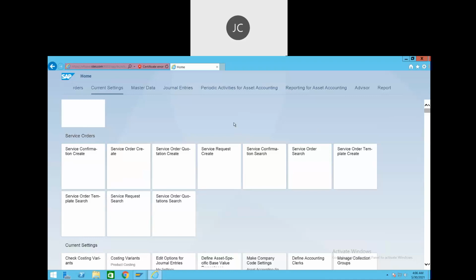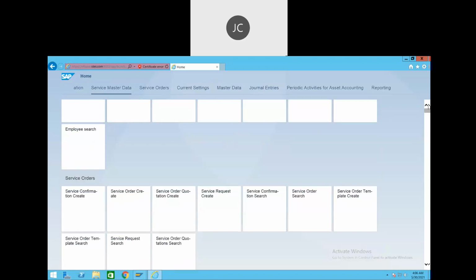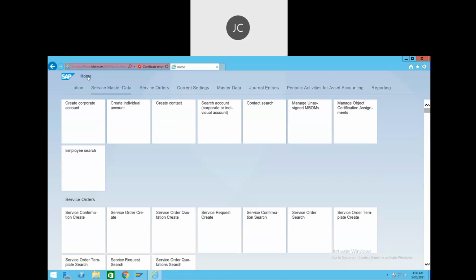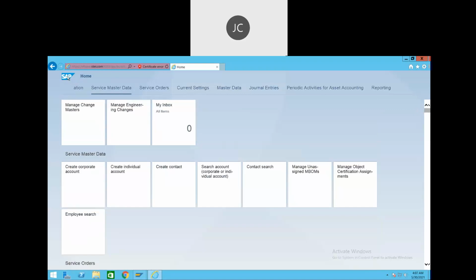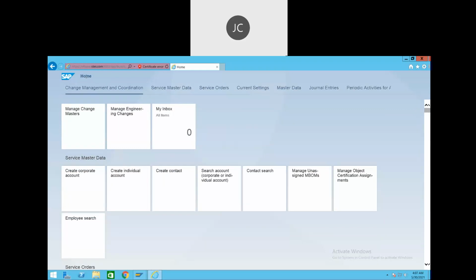Let it load. The thing is, for this particular user ID, they have given a lot of applications or authorizations, right?